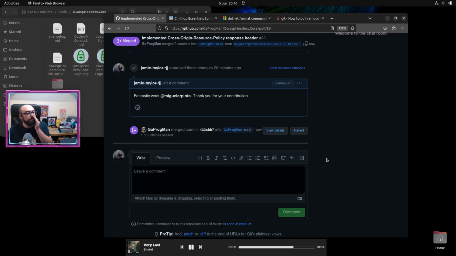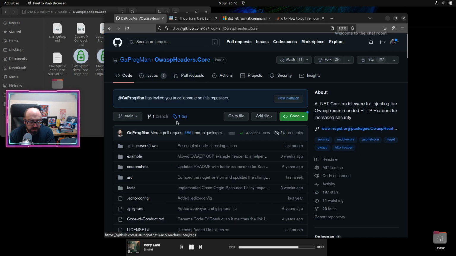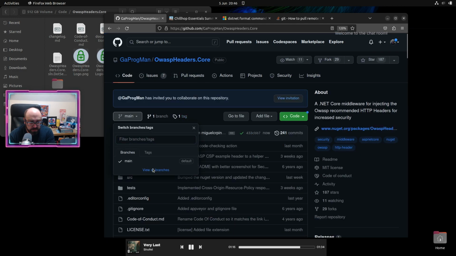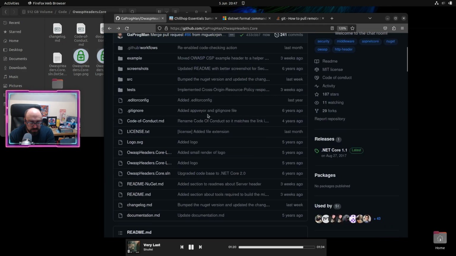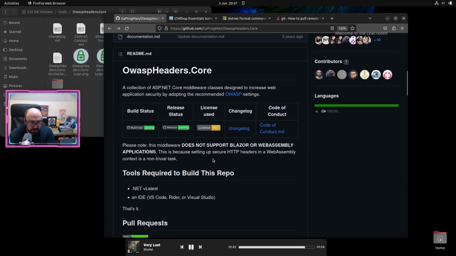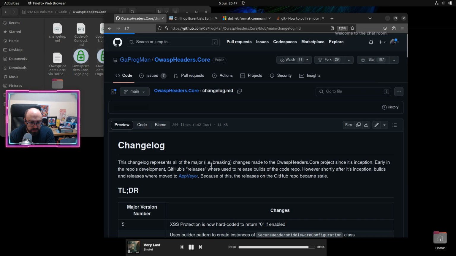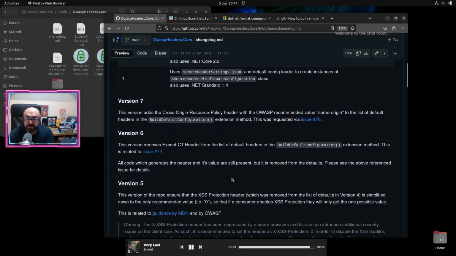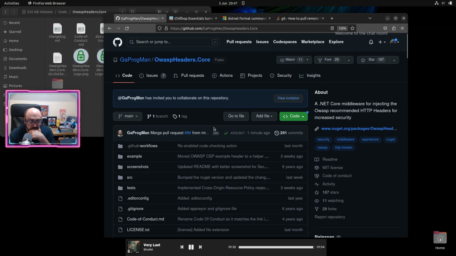Oh, right. So we can now see in this view, we go up to here. They'll only have the one branch. We don't have Miguel's branch. Go to the version numbers. Readme has all this stuff in it. Changelog has version 7 listed. Fantastic. Which means, go back to code. Could now be